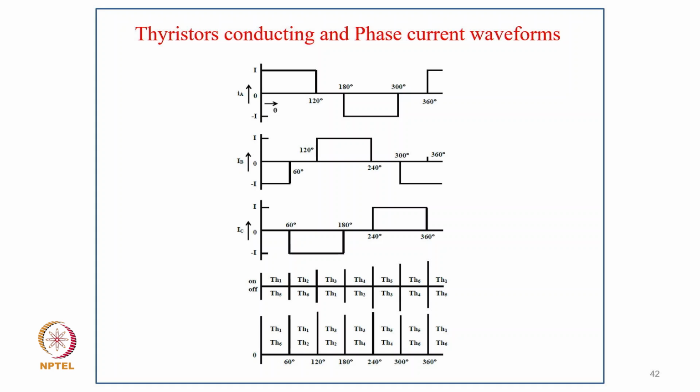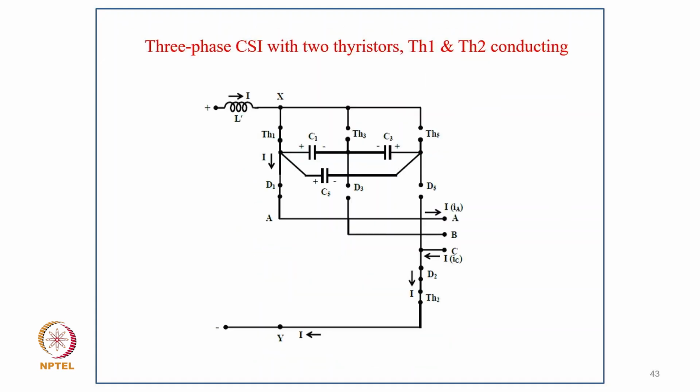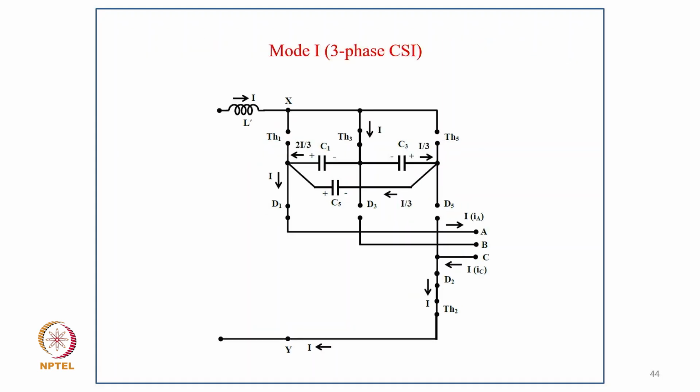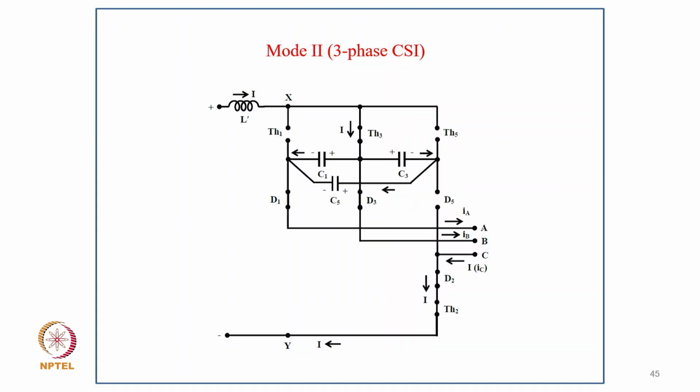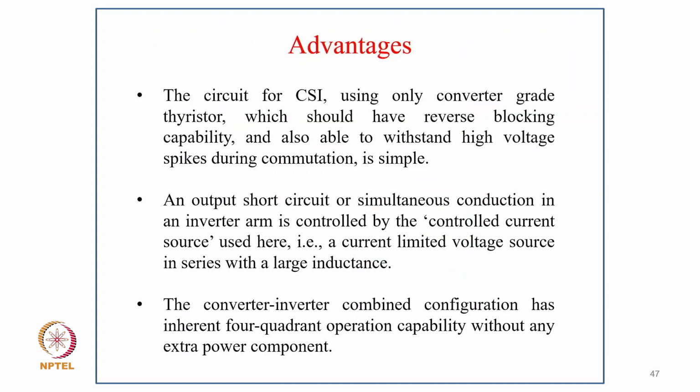So these are typically the three-phase currents, how it goes with typically your 120-degree mode of operation and the conduction of the different thyristors. And this is typically how the circuit operates, like when TH1 is operating and TH6, and similarly when another thyristor is fired, then how this thyristor is commutated and there is a path until the capacitor charges. And then after the capacitor charges, the path goes through another device, like the diode. So these are different modes.